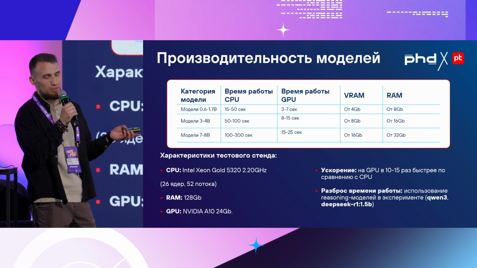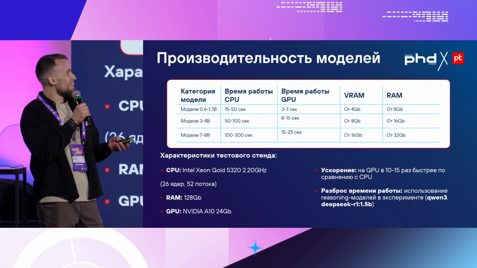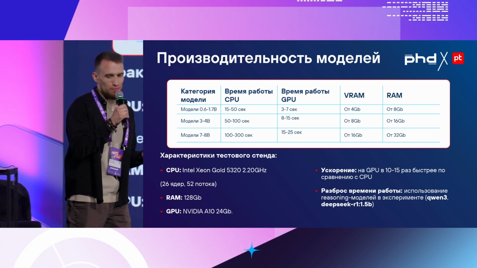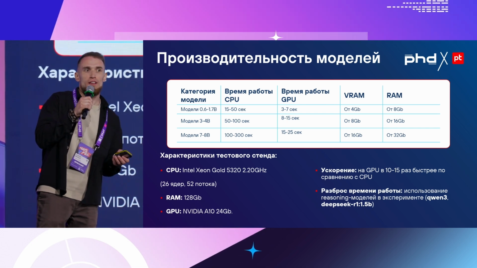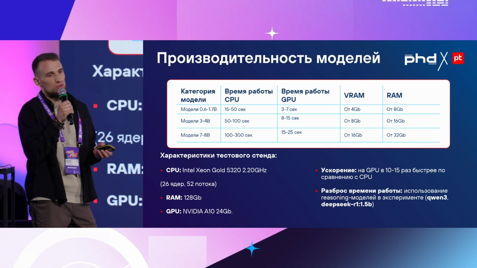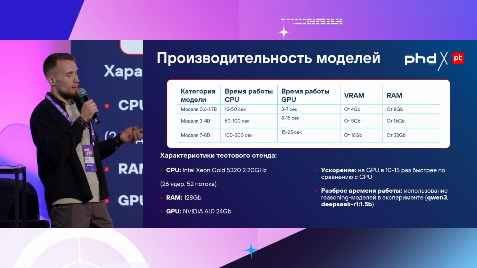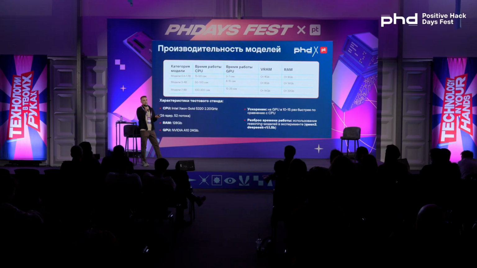So we have this obvious conclusion here that they certainly run much faster on GPUs than on CPUs, which should not really surprise you. But you know what? It's really funny that you can use a single GPU for 16 gigs to run most of the lightweight models. You don't really need a cluster of GPUs for that.